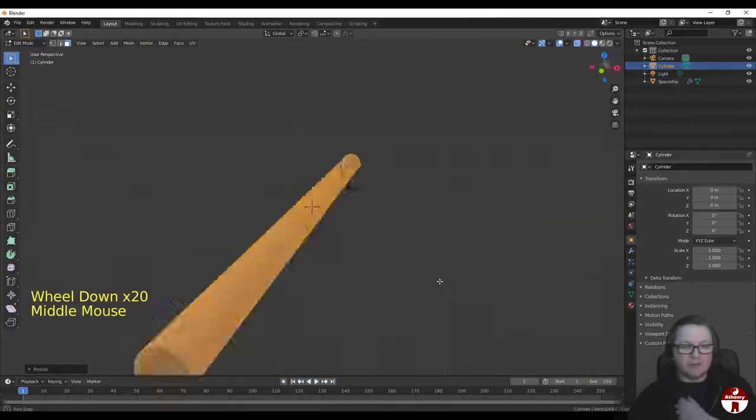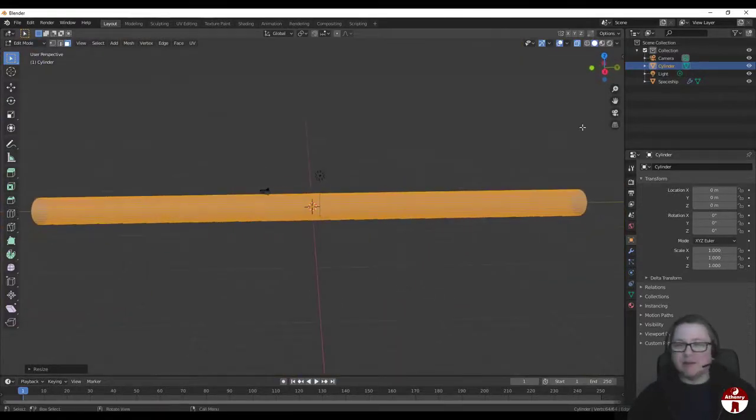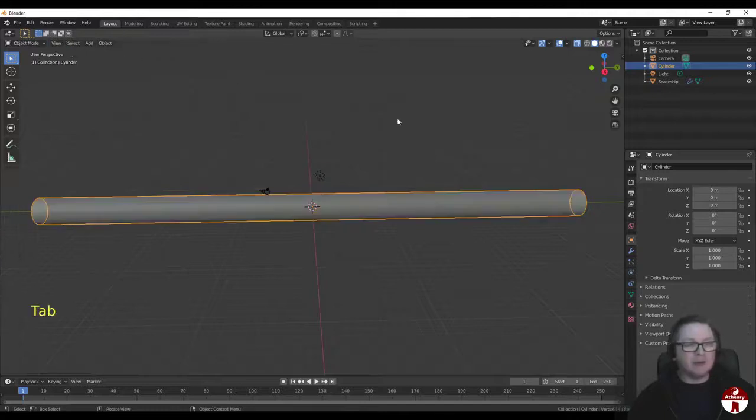All right, cool. So that's our little tunnel. Let's just go back into object mode. I'm going to hit tab to do that, and I'm going to call this warp tunnel. All right, cool. Now, we want the spaceship to fly down this tunnel, and we also want a camera to